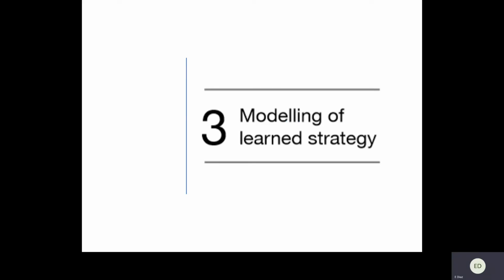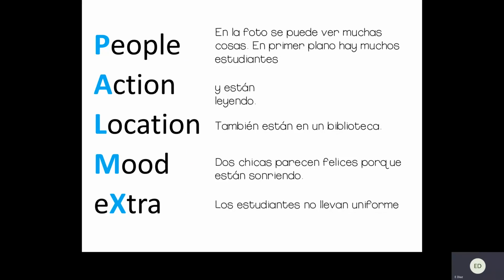Stage number 3 is modeling the learned strategy. So I would put the letters PALM-X on the board and actually model the answer to go with a photo that's in front of them. So I would start writing this answer. I would take my time. I would make mistakes and correct myself. I would change my mind halfway through. But more than anything, the most important thing would be to let them know what I'm thinking and why I'm making those choices